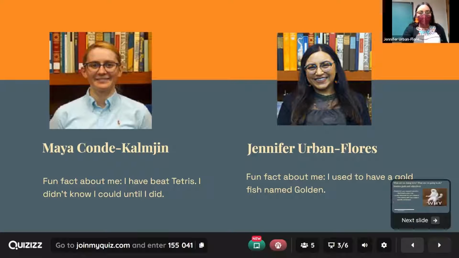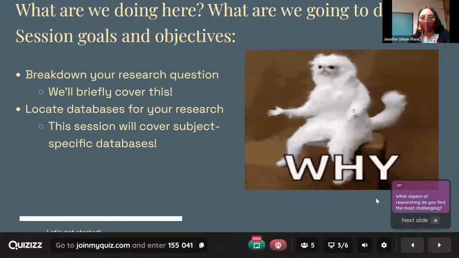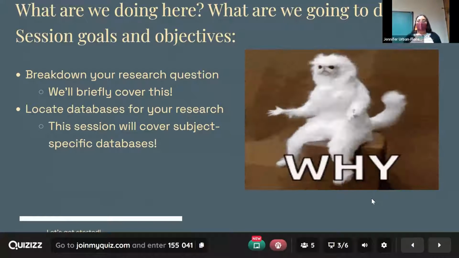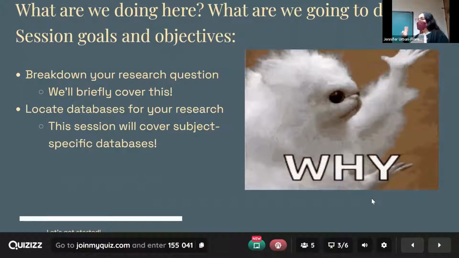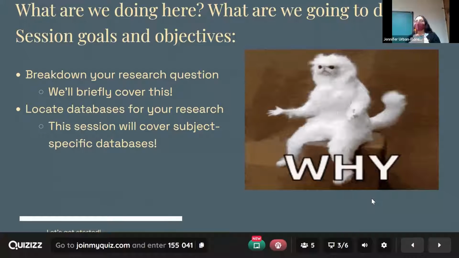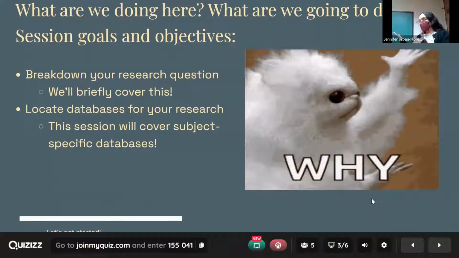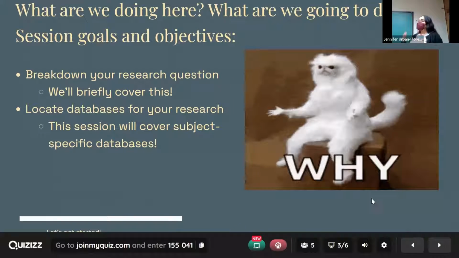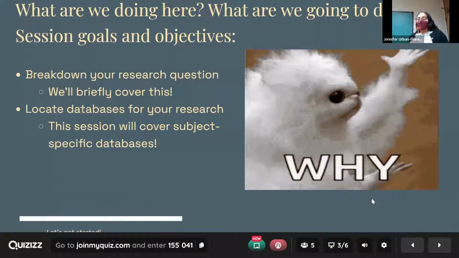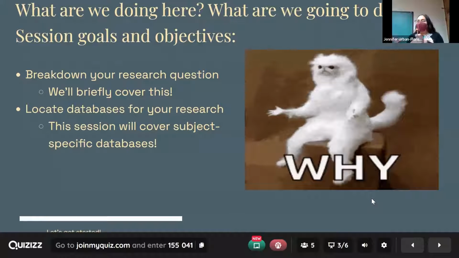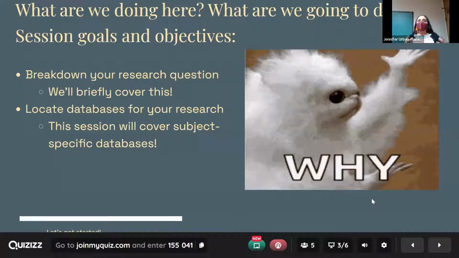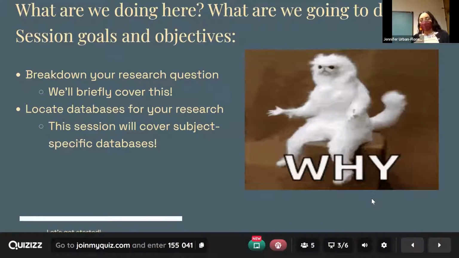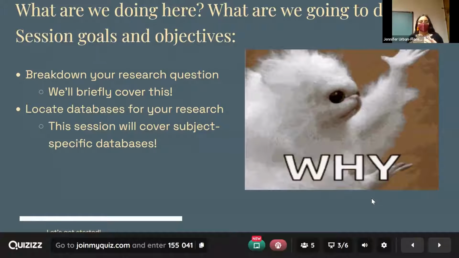Okay, so what we are going to be talking about and what we're going to be doing, like I mentioned, this is the second part of our research question breakdown. Last week, if you joined us, thank you for that. If you didn't, we went into more detail about the research question breakdown. Today we're going to cover some similar items. We're going to break it down broadly and show you what it means to break down your research question into bite-sized pieces, making it food themed again, right?